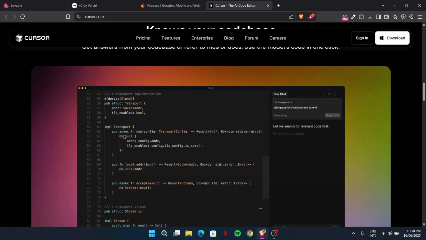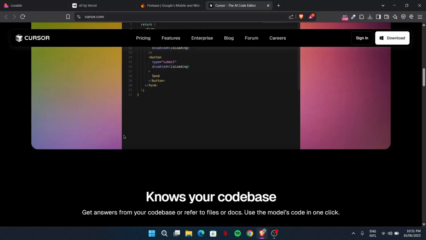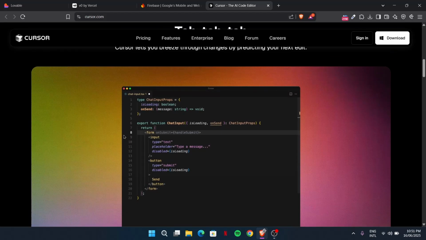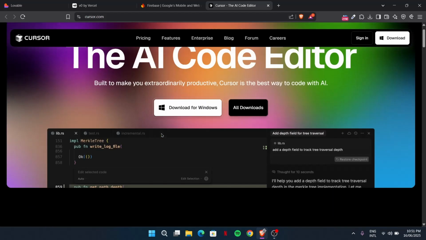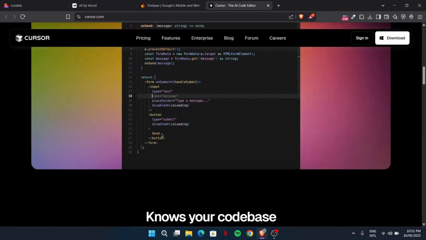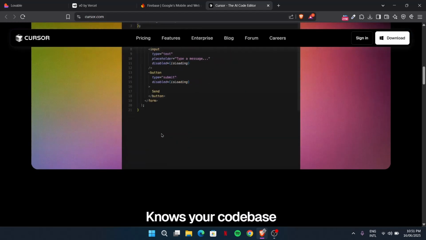However, C++ and this sort of thing is not the main power of Cursor, but it really did perform well in these terms as well. But if you are going to use React or Next.js and you are in the web development space, it's going to perform a lot better because